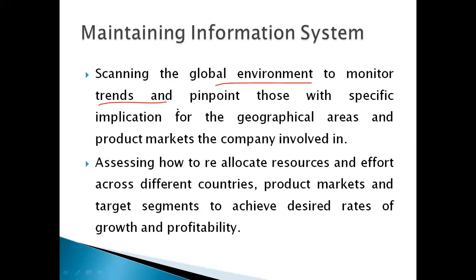Here, when we are talking about reallocating resources, say for example, in 10 countries you have your manufacturing base. You might have set up your manufacturing base in these 10 countries by looking at the cheaper labor, that is a natural resource which is available. Say for example, in 2 to 3 countries, there is no skilled labor to manufacture your product. There are human resources which are cheaply available, but they are not skilled labor to produce your goods and services.